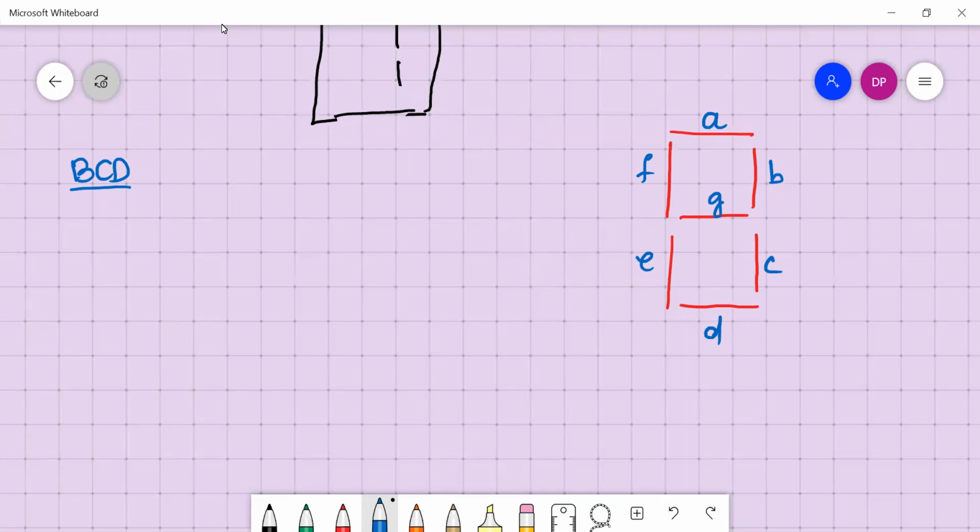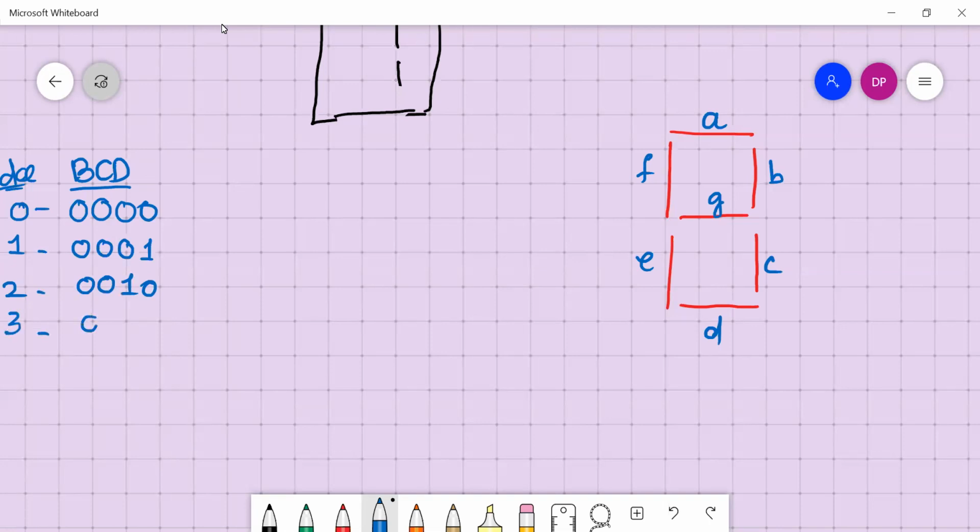So let's do it. If it is 0, this is the decimal value, so the binary coded decimal value will be 0 0 0 0. This is 1, this is 0 0 0 1. This is 2, this is 0 0 1 0. This is 3, 0 0 1 1. If it is 4, 0 1 0 0.